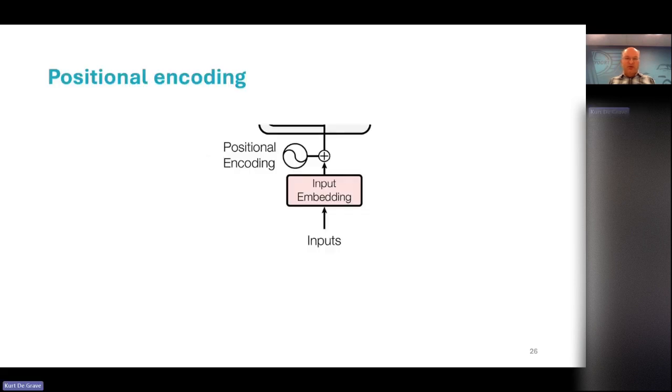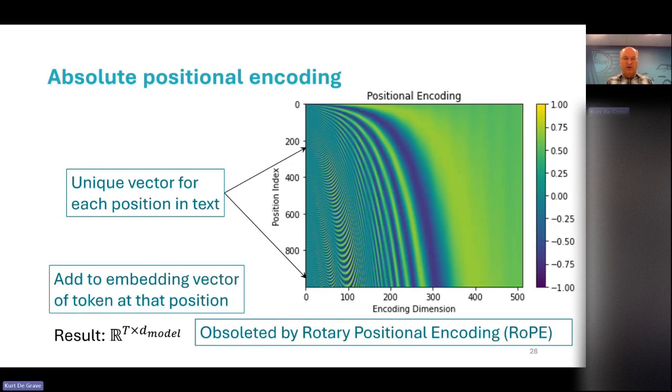So that's why in this model you find a positional encoding part. And the most efficient way to do that is by absolute positional encoding. That requires the least compute and works fairly well. So to each embedding of a token, there is a vector added that reflects its position in the sequence, its absolute position, right?